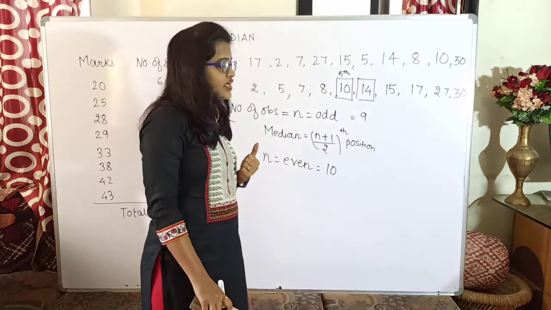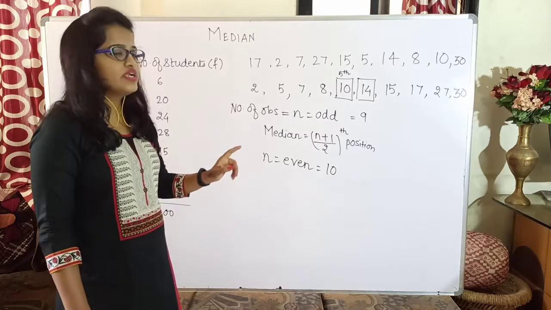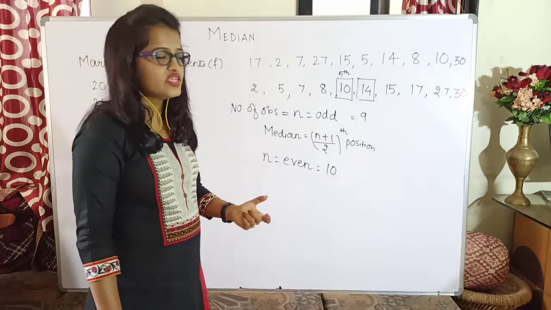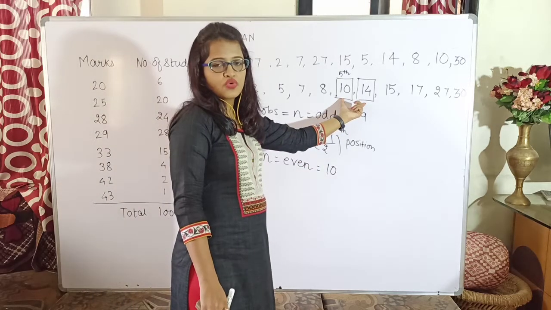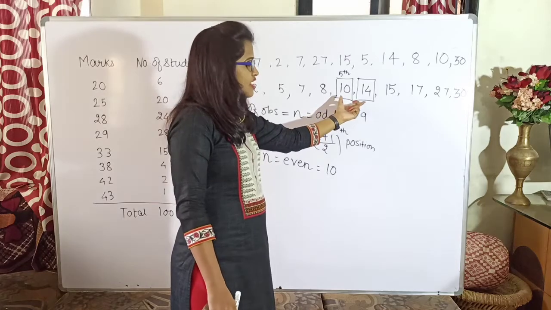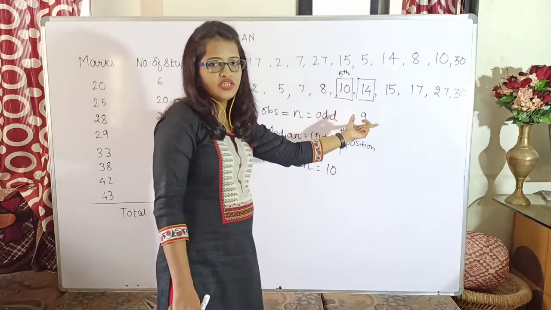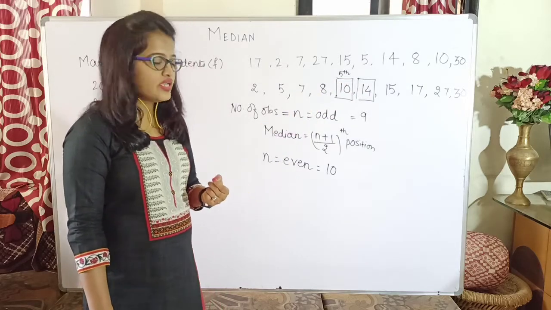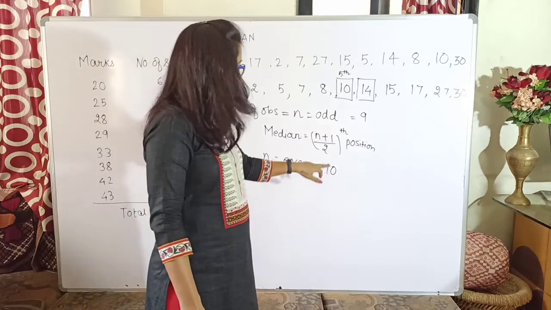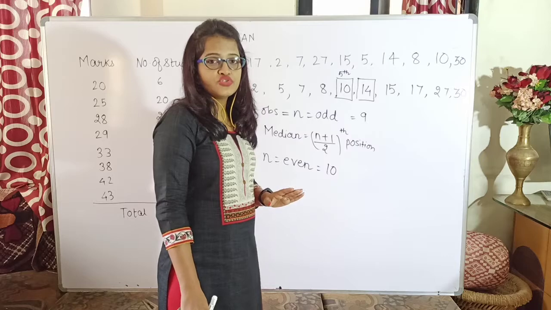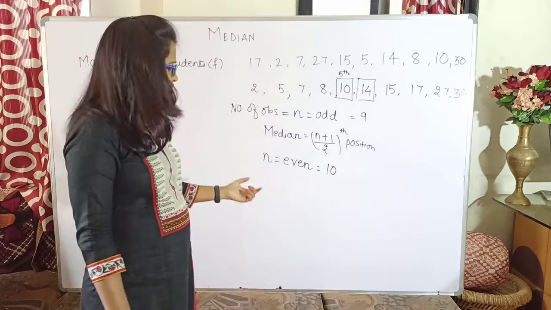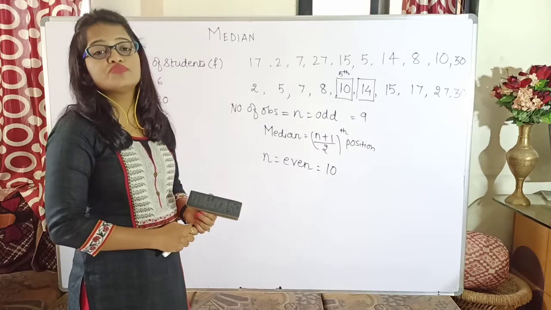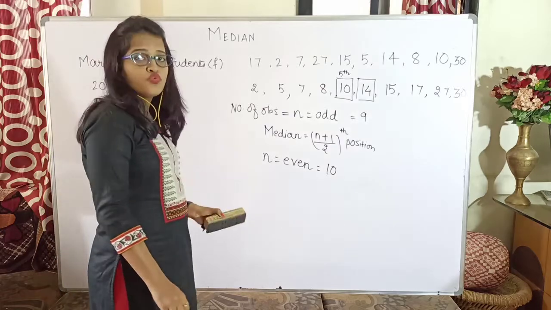Okay. So what can we do? Yes. So the formula for finding the median when the number of observations are even is you have to take the average of these two values. So you have to take the average of the fifth and sixth position value, that is 10 plus 14 divided by 2, which is equal to 24 by 2, that is nothing but 12. Okay, but then how will I write it in the formula? Because from this formula I can tell the median position value even if the number of observations are too large. Similarly, I also need a formula to find the median value if the number of observations are even. So what are we going to do?